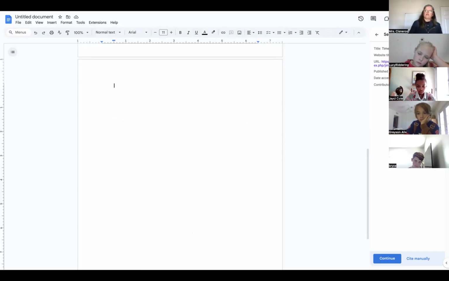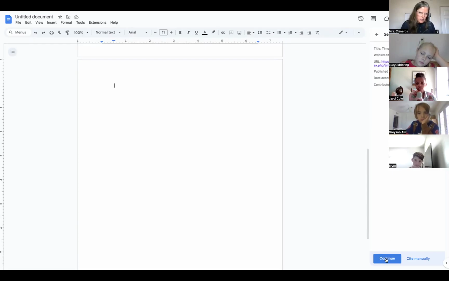And then it shows this. Some of the stuff is missing. In red, it says missing. Published year, contribution. That's okay. If it's missing, don't worry about it, because this is new for you guys. We're going to keep it really simple. All you're going to do is plug in that website. It tells the name of the website title. And then at the bottom,